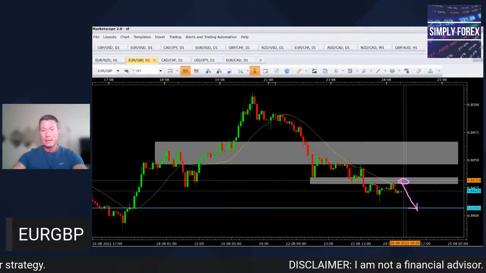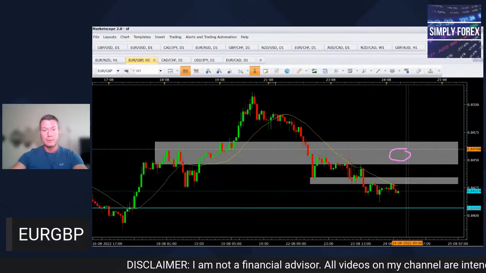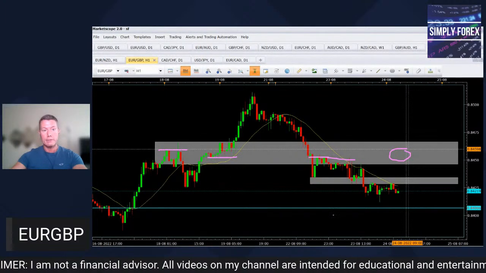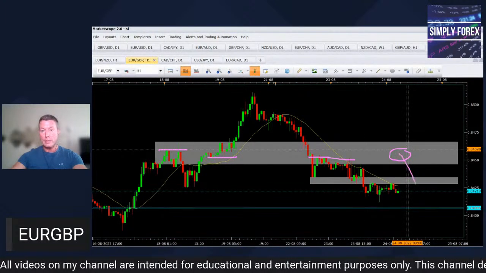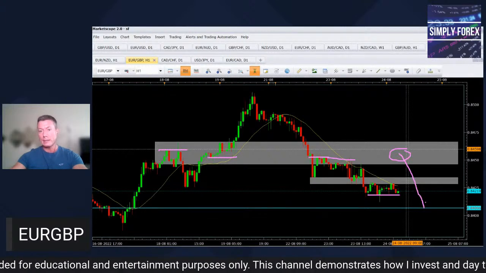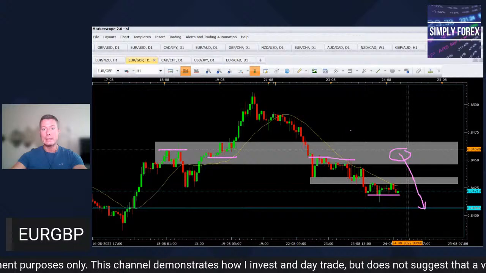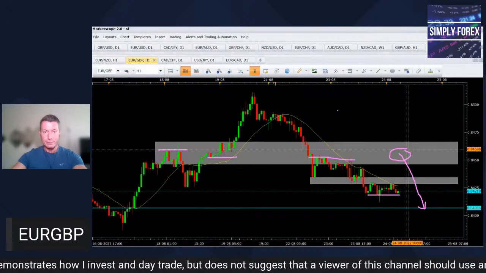Okay, guys, if that doesn't happen, price could retrace back up into here, which corresponds with these highs here and even this area here. And again, bearish candlestick pattern form, take price back down to here. You could even take 100% of the trade down to here. Okay, guys, so euro against the pound, this is still a short that we are looking at.